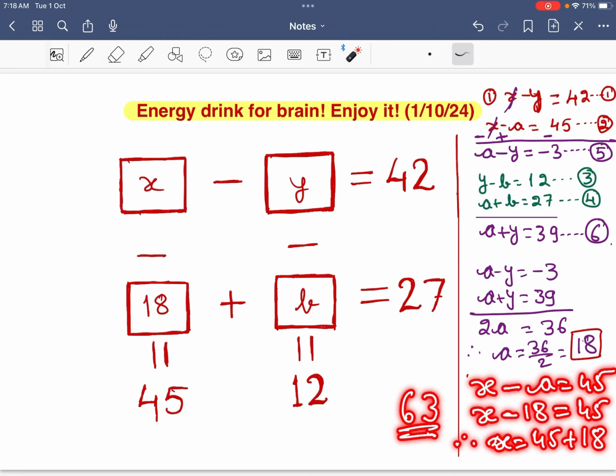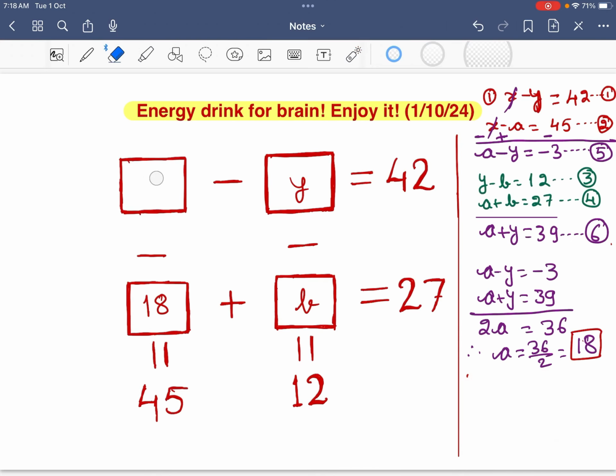I hope it is clear, all of you. Very simple calculation. Just have a look at this. X minus a, we are putting the value of 18 in place of a, and then as it is minus 18, when you are moving to the other side of is equal to, that will be plus 18, and 45 plus 18, 5 plus 8, 13, 1 carry over, 4 plus 1, 5 plus 1, 6. So shall I put 63 in place of x now? So here it is 63. Now let us see 63 minus 18. So here 13 minus 8, 5, and 5 minus 1, 4, 45. So this one is satisfied.